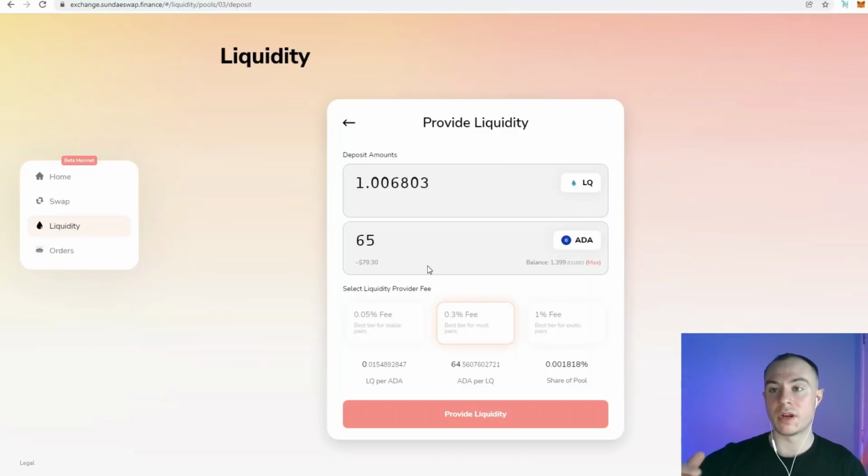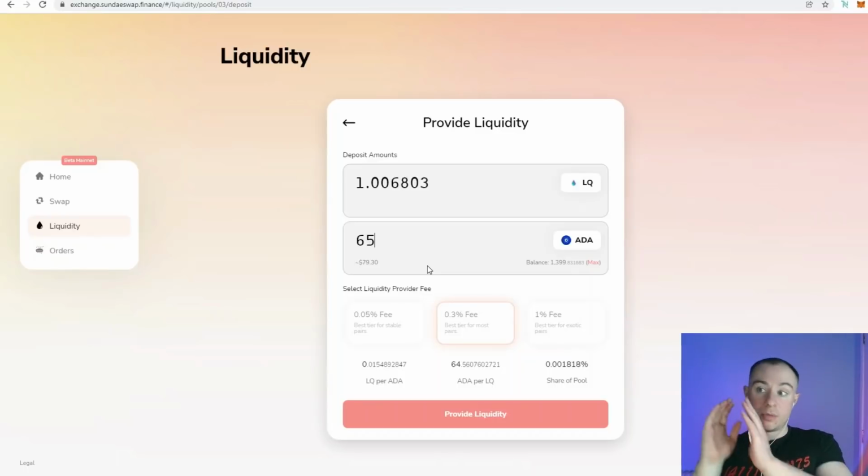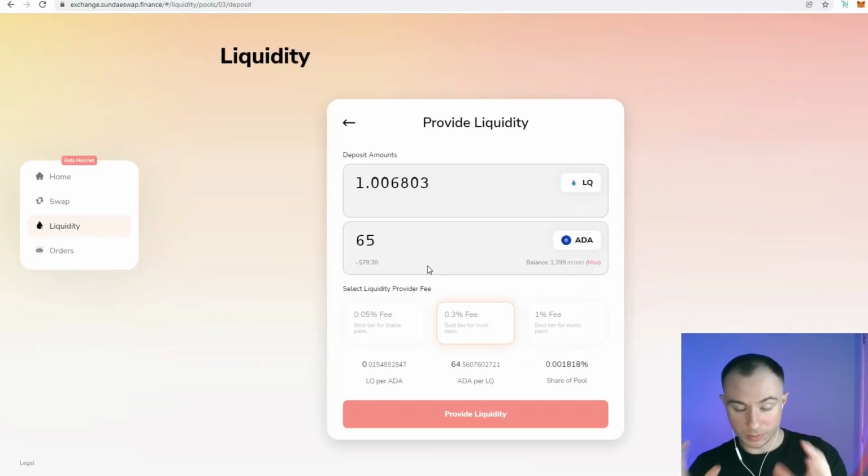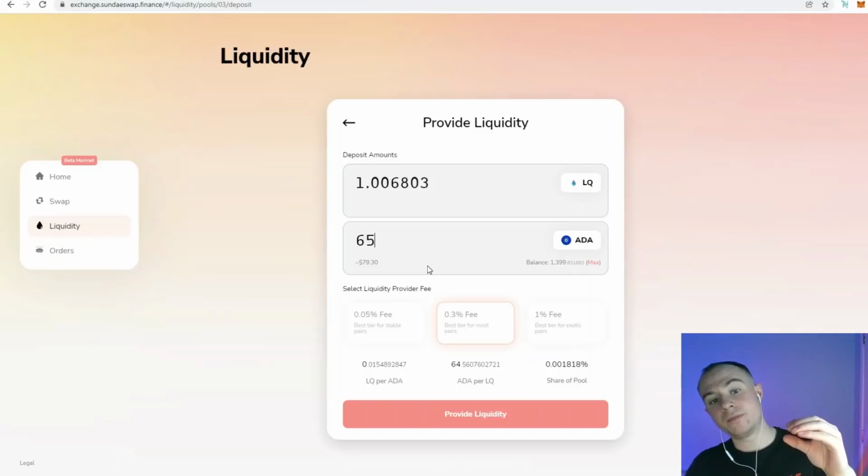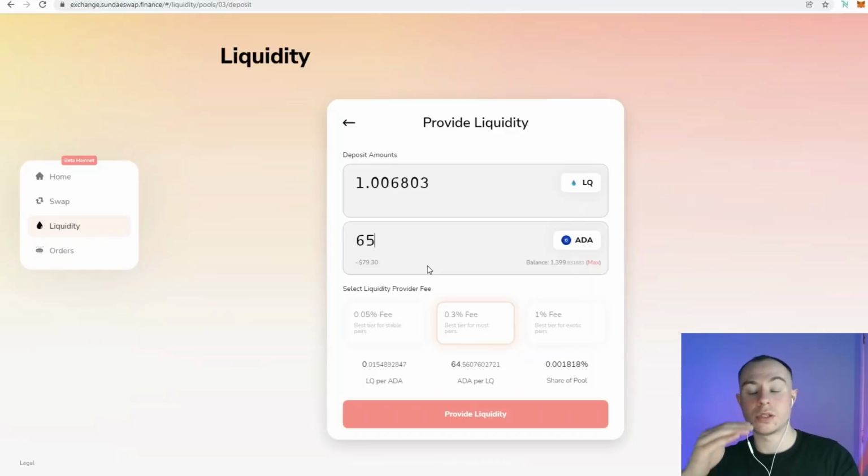Now, the issue with providing liquidity is you're providing equal monetary value on both sides. It's called impermanent loss, and it can become permanent loss when you decide to give your LP token back and redeem the underlying tokens you provided initially. If 65 ADA is worth one LQ token, and let's say LQ goes up, doubles in price, so 2 LQ is now worth 130 ADA,